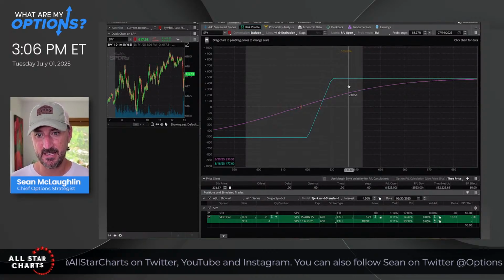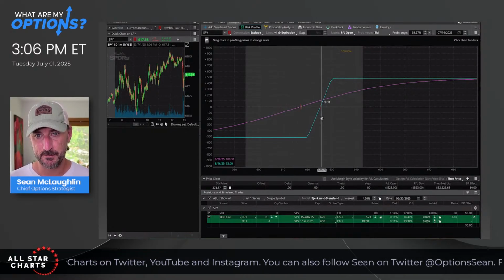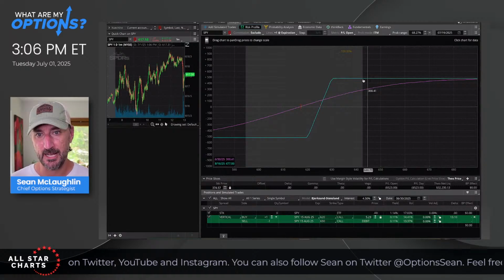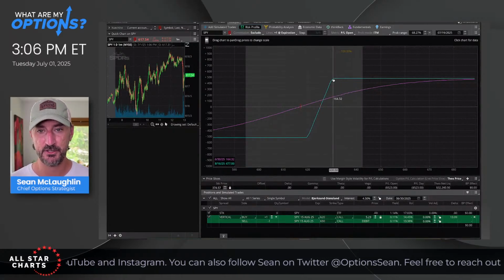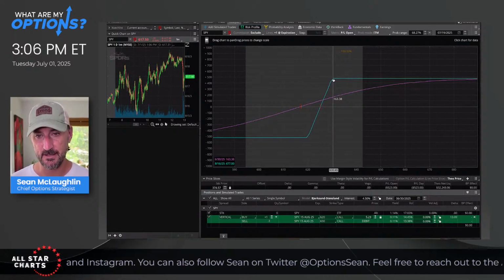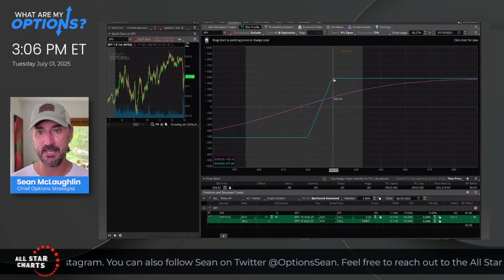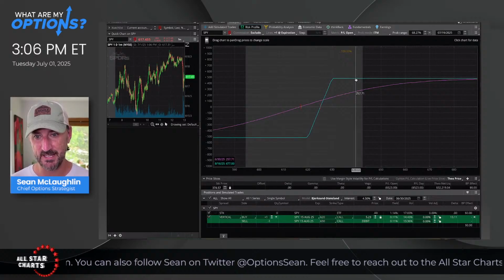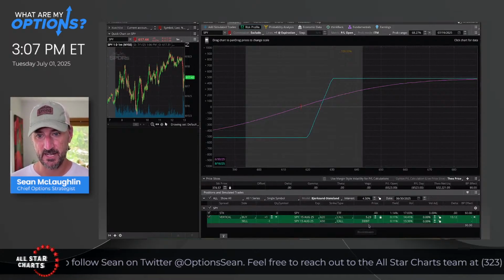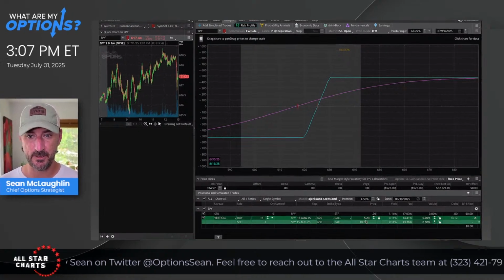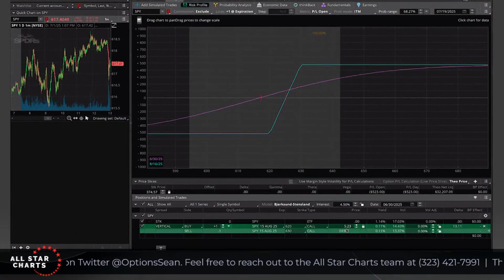Now you can see as we get to expiration day, which is the blue line, my potential gains are capped above 330. That's where my short call strike is. Okay. My gains are capped. Can't make any more beyond that. The most I can make in this case would be about $4.80. If it cost me 520 to get in, the most I could make is 480.